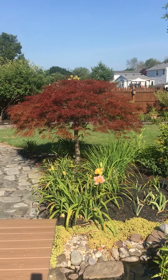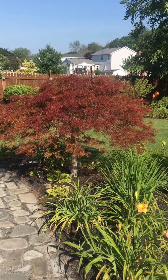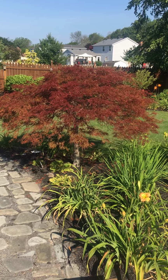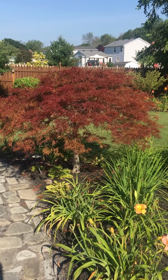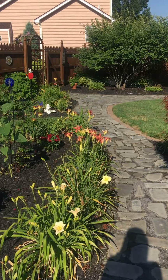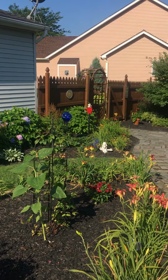And then we have a little Japanese maple here. I'm not sure of the variety. We took it out of my mom's yard after she passed away, and we were getting ready to sell the house. It was a lot smaller, and I didn't want to leave it behind. So my mom's blooming in the garden there, along with her daylily. She's got one too. But this is my garden, and I hope you like this little tour,